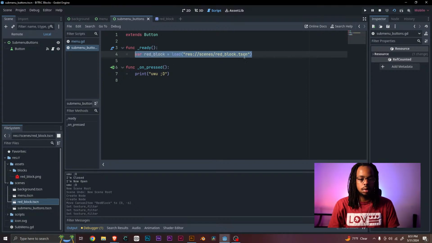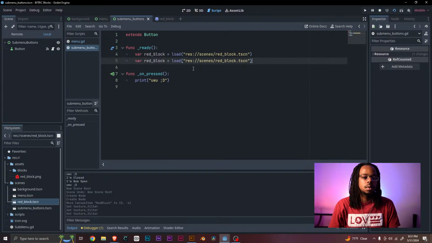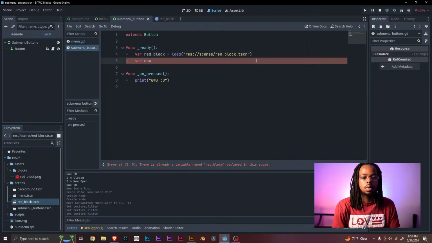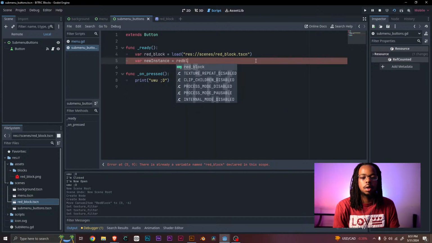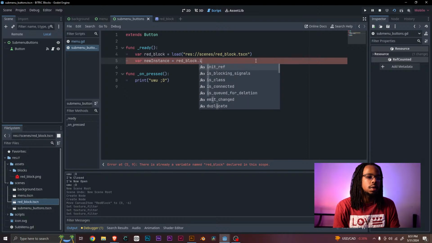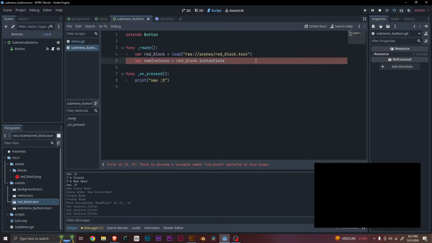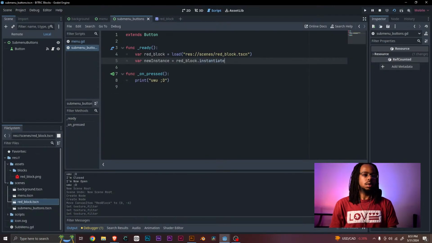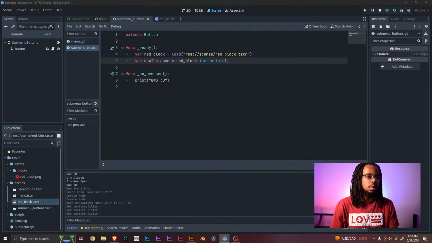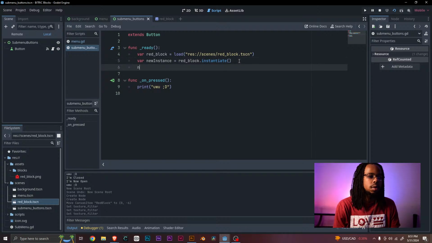Okay. So then we're going to go new instance. This is a new variable. New instance equals red block dot instance, parentheses, and then I want to set the new instance position. So new instance